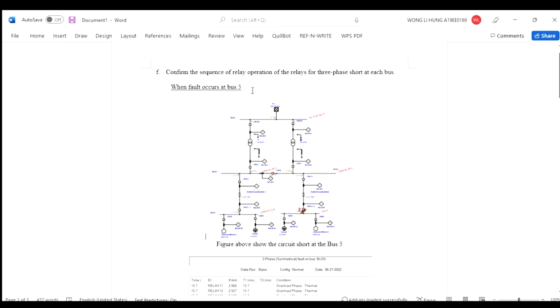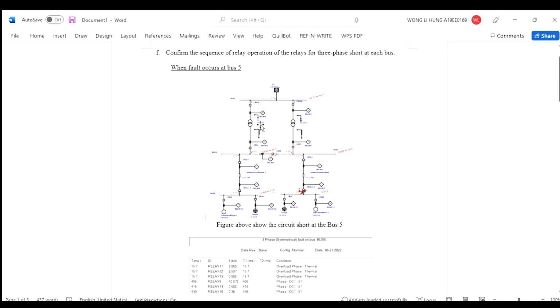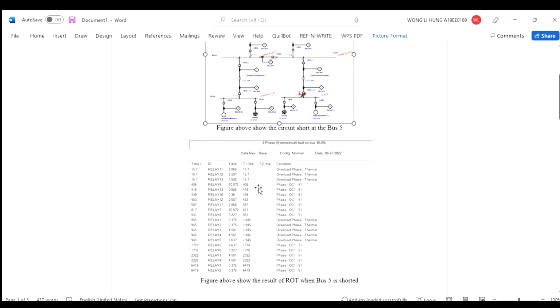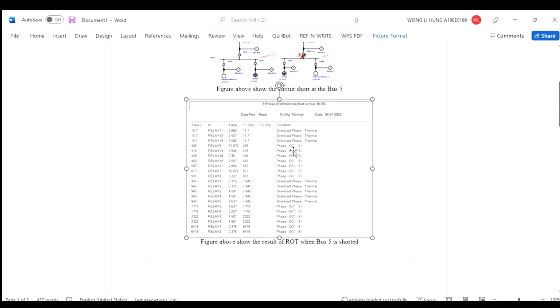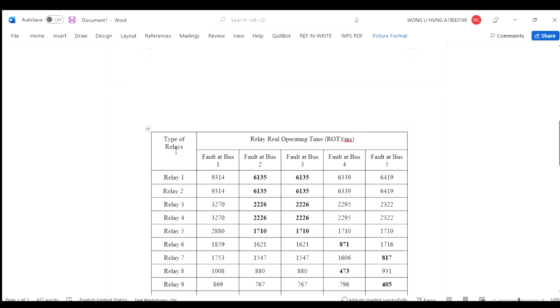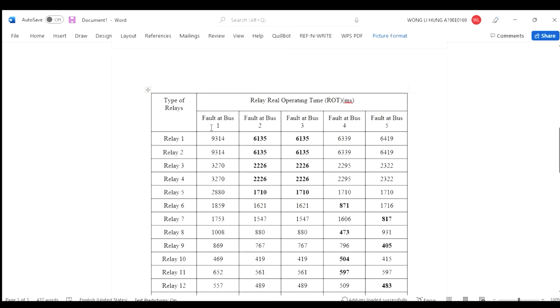Hi, I'm Liho, and I will discuss the sequence of relay operation of the relays for three-phase when it's shot at each pass. This is the example that I have screenshot for when the fault occurs at bus 5. And here is the data, and we just compare the data when the config is a normal phase. Then here is the data that I have collected when I shot,